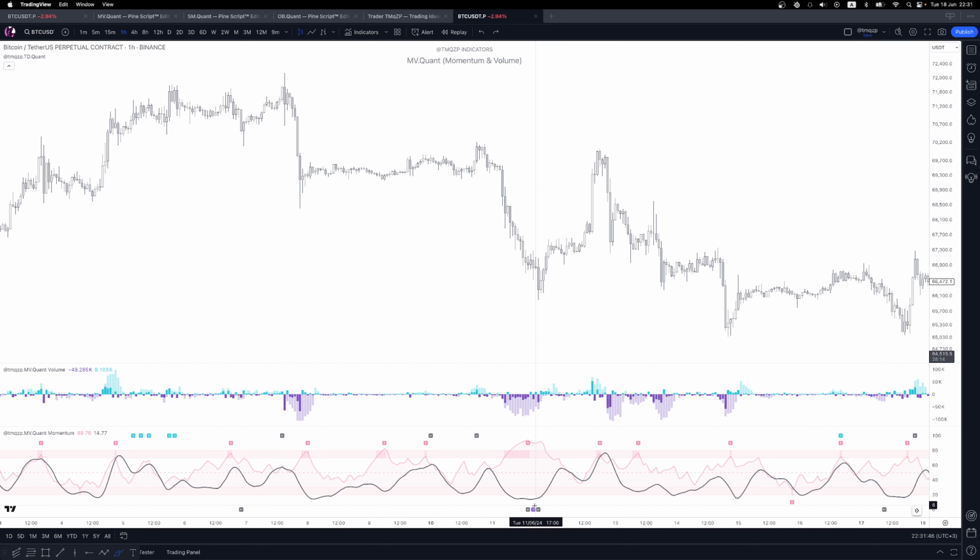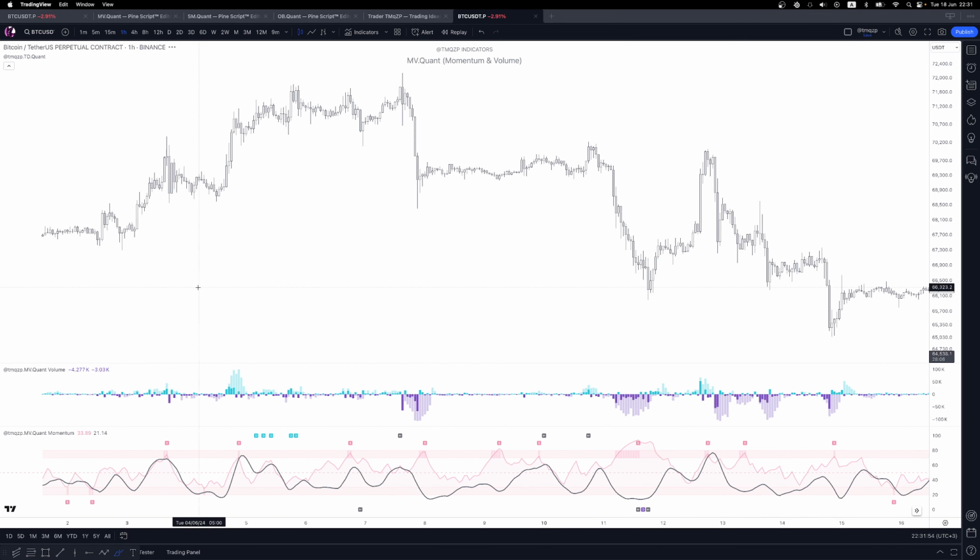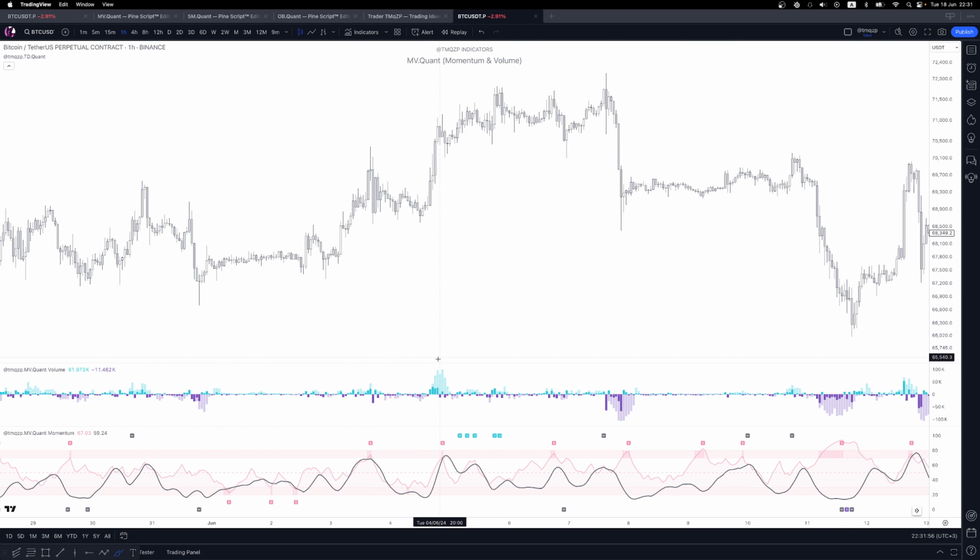Now, obviously, they don't always come in this elegantly, but that's the idea of what you're looking for. For example, here, if we look in this area like we were looking before, we get a bit of a bullish volume breakout, and it tells you there's a momentum shift here, and then from that point onwards we see divergence coming in, right? And then it doesn't really create an immediate reaction. Instead, it just consolidates sideways for a little bit. That's when we get another shift in momentum here,